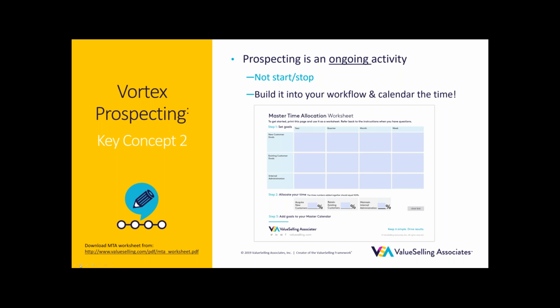And actually, you'll be able to download this template so that you can understand where you should be spending your time. So the first thing that we do, again, is understanding some of those goals. We can start to create this master time allocation. So if I know that 50% of my time needs to be focused on prospecting and acquiring new customers, I can now start to block on my calendar the time frames that I am dedicated to do that.